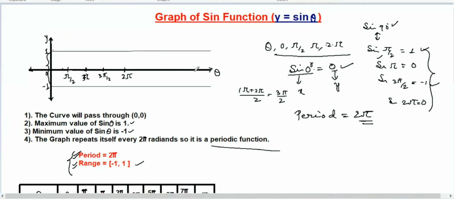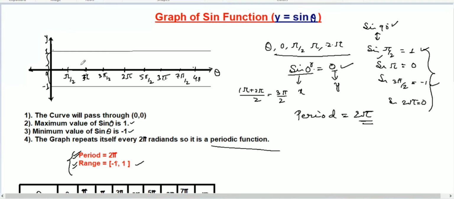I will take 4 pi once more, and then take half of 4 pi, half of 2 pi and 4 pi. So 2 pi plus 4 pi over 2, it will be 3 pi. And then 2 pi plus 3 pi, half of this, will be 5 pi over 2. And then 3 pi plus 4 pi, half of 3 pi plus 4 pi, will be 7 pi over 2.